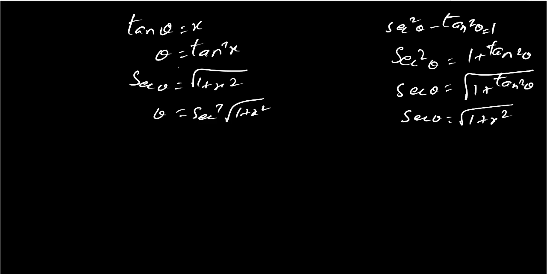So here theta equal to tan inverse of x. This is nothing but cot inverse of 1 by x. From this secant inverse we can arrive cos inverse also. This is nothing but cos inverse of 1 by square root of 1 plus x square. So here itself 4 relations are there.